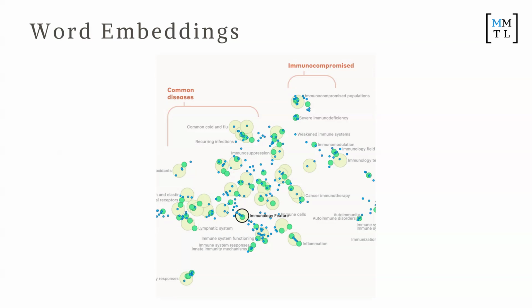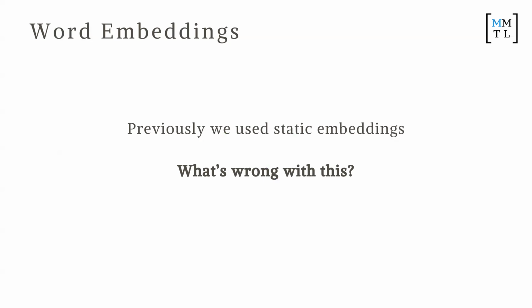Okay, very cool. Now, previously, one of the big errors we had in this field is that we used static embedding. That is, when we have an embedding, we fix it in place and never change it. Does anyone know what's wrong with this? Exactly. It's imperfect. If you fix a word's meaning in place, that's not reflective of how we use language in real life. It really is heavily based on the surrounding sentence, what the context might be, what the broader context is.